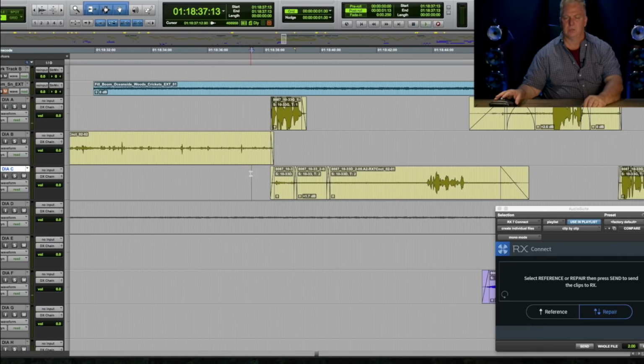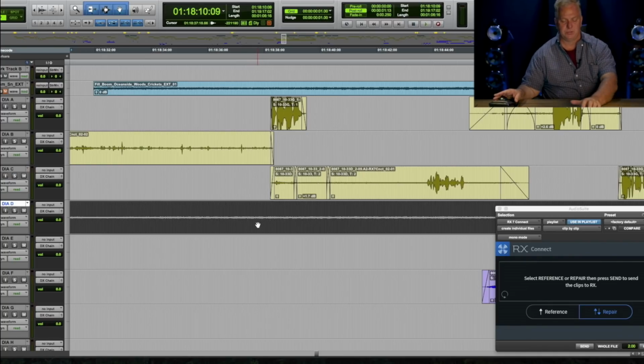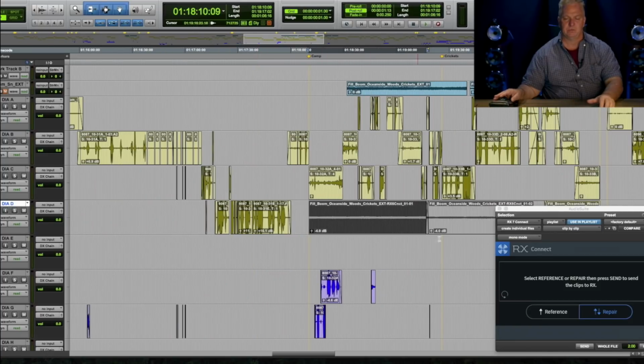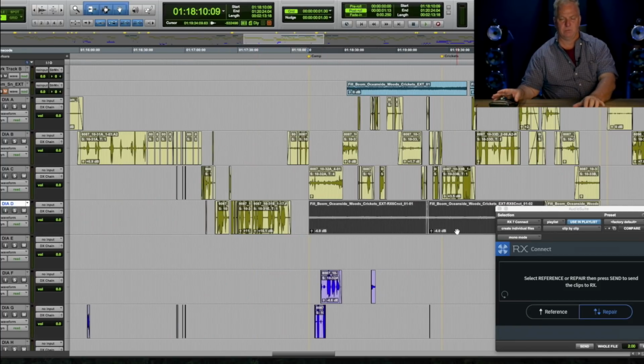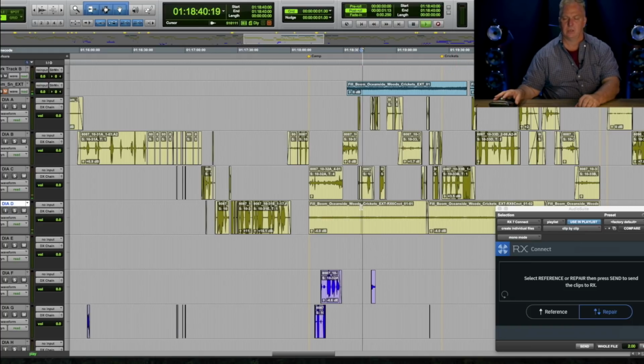The movement is gone, the close rustle is gone, and now what we have is just primarily dialogue. But now that we have stripped out the crickets and cicadas, we want to at least give the re-recording mixer the opportunity to put them back in. So I had previously created a piece of fill based upon one of these boom microphone recordings, and I have created a cricket loop that just goes underneath.